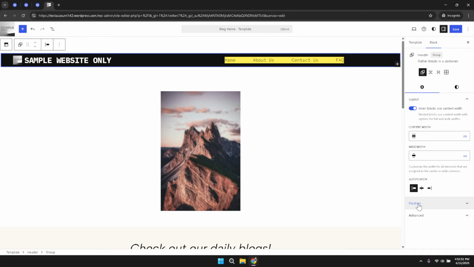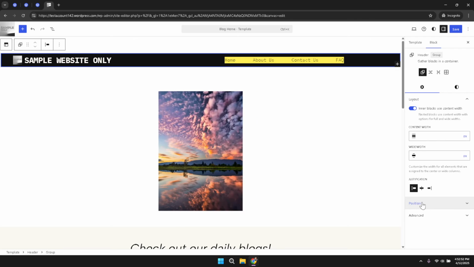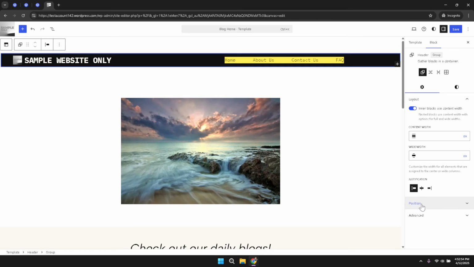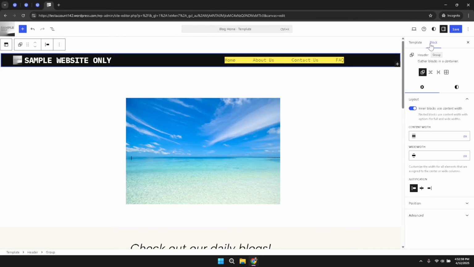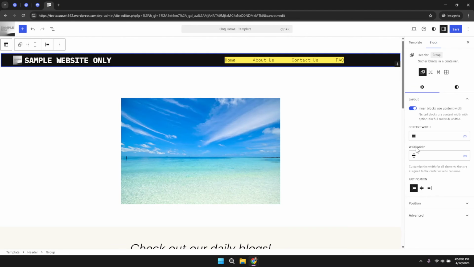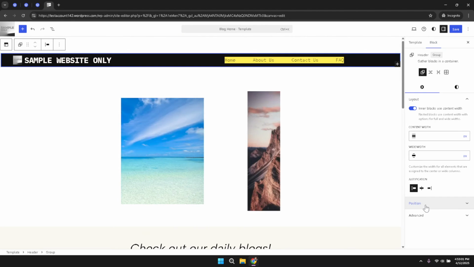This panel is designed to offer a comprehensive range of options tailored to the header and other site elements. Once you have the settings panel visible, you will need to click on the Block tab. The Block tab is dedicated to managing the various content blocks that make up your website layout. Here you can view and adjust the design and behavior settings of individual elements, including the header block that you